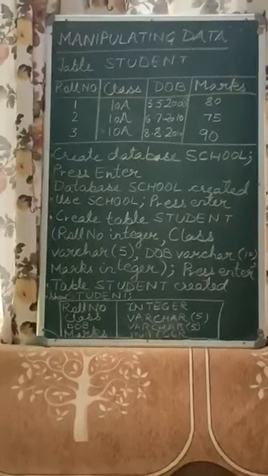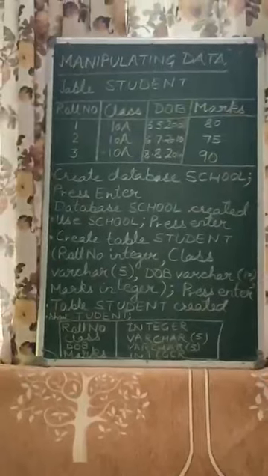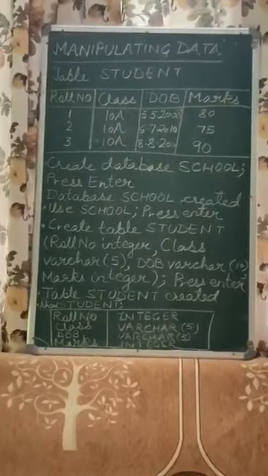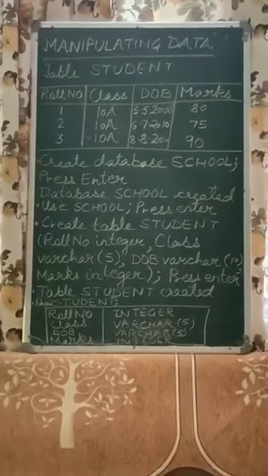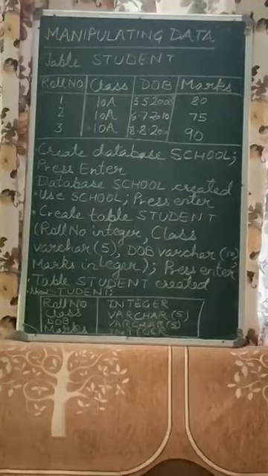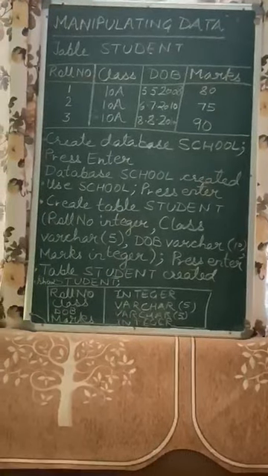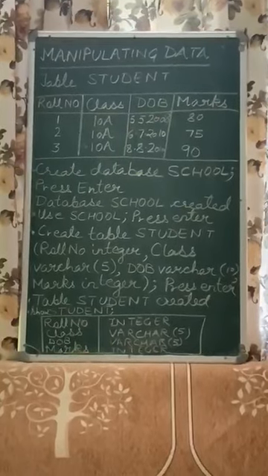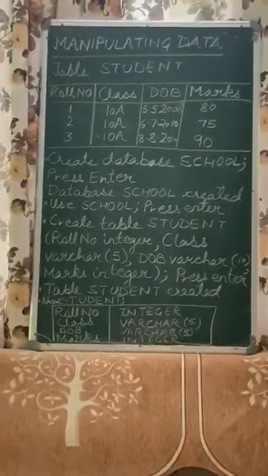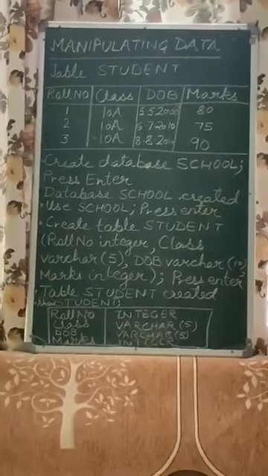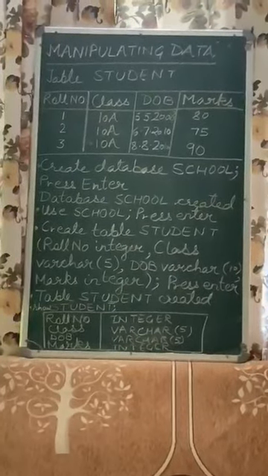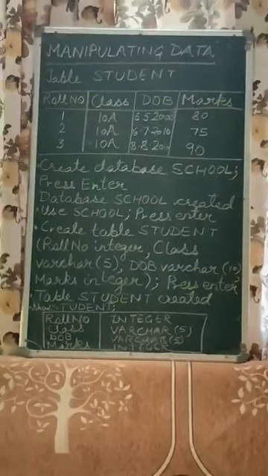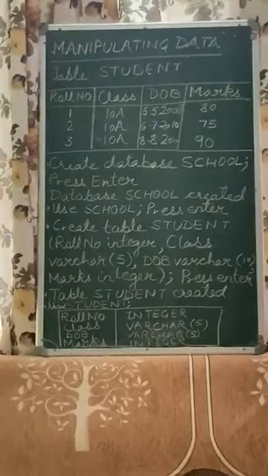Now here in the class given in the table, student, 10A, it is a combination of your number and alphabet. So I will be using the data type varchar, and then I will place a bracket, and then I'll give the range. That in computer everything occupies memory, and you need to specify how much memory is being used. You must have heard that data is stored in the form of bits, 1 and zeros. So I will write class, then I'll give a space, varchar, and in the bracket I will write 5.